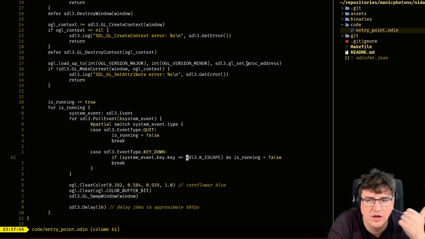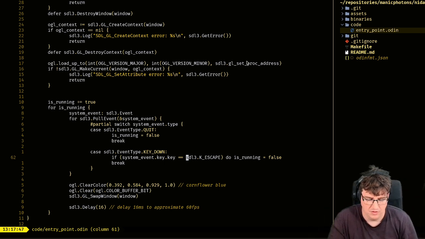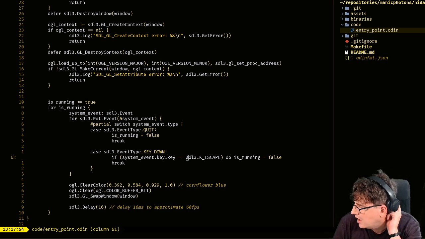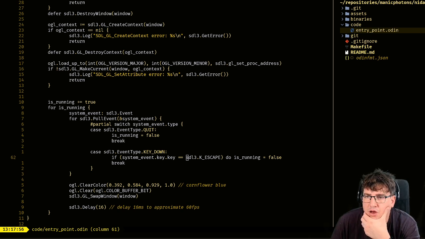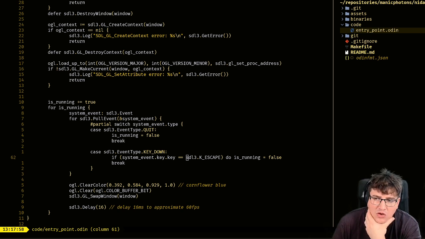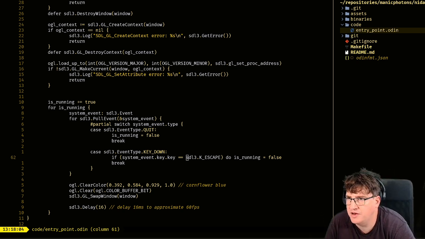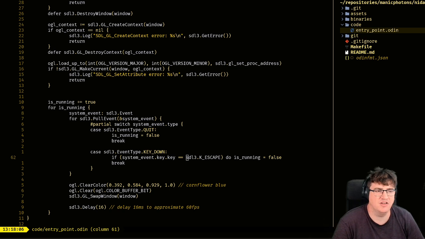That means I want to create an audio playback system, probably using Mini Audio, which is one of the libraries that Odin provides through its vendor packages.